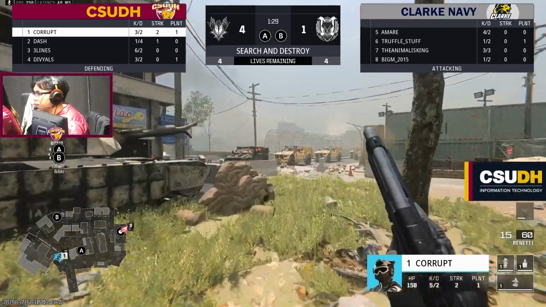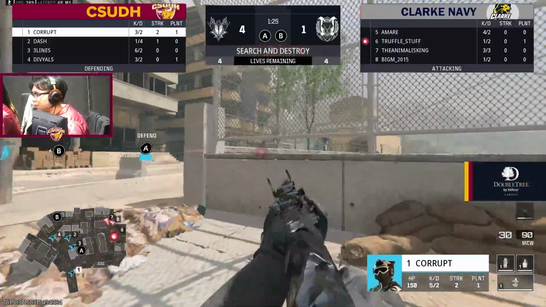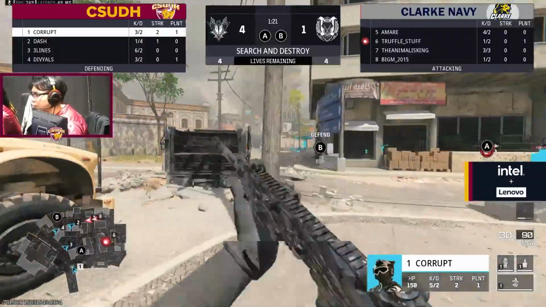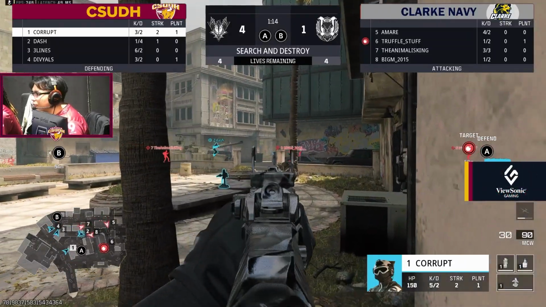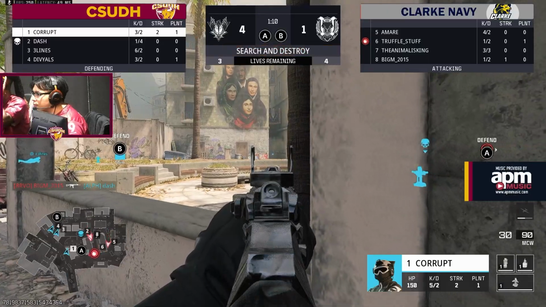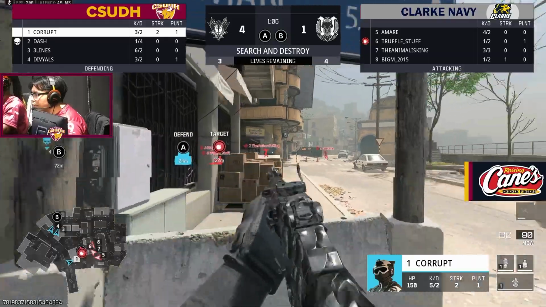Now let's take a look at number 3, Corrupt's POV. Now playing that A push. Again, kind of similar. Now they're rotating. He did not see no one from A Street. Corrupt is pushing down the middle. He probably saw those 2 slide. And unfortunately, Dash gets taken out. So they do have some intel. They're somewhere mid-map. And Corrupt...